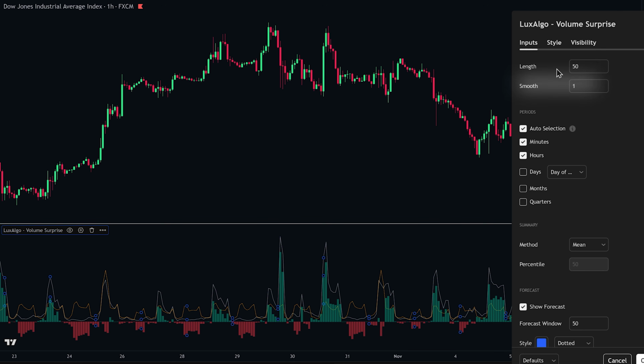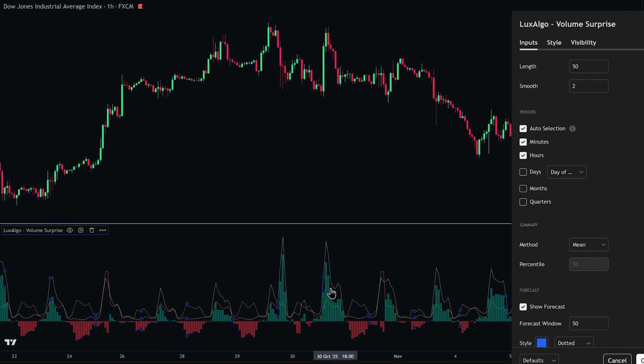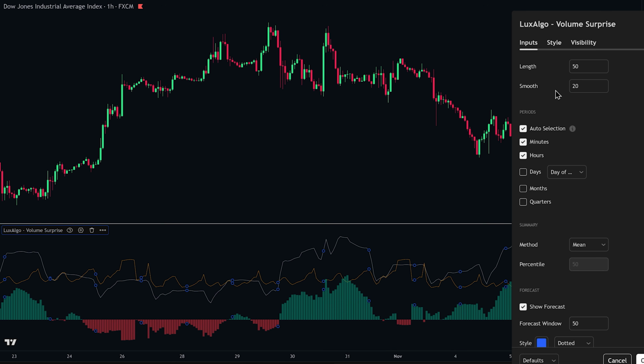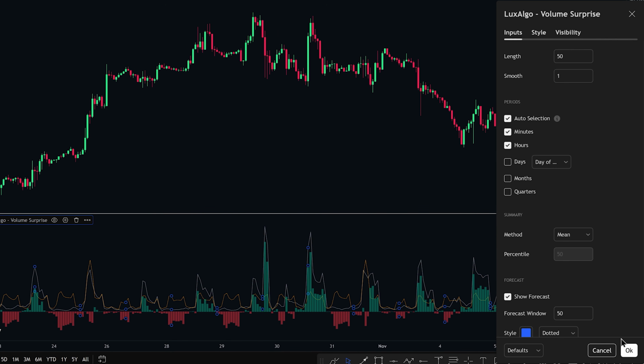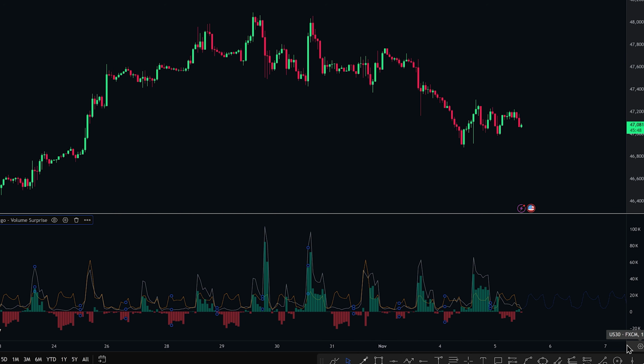Next, we have Smooth. This setting controls how much the expected volume line is averaged out to make it less jumpy. If you set it too low, like 2, the line will react very quickly and might look a bit noisy. If you set it too high, like 20, the line becomes overly flat and may hide smaller but important changes in volume. So it's best to keep it at the default value of 1, which keeps the expected volume line smooth enough while still highly responsive to real market activity. Once you're done, click OK, and your Volume Surprise Indicator will be fully optimized and ready to spot unusual trading